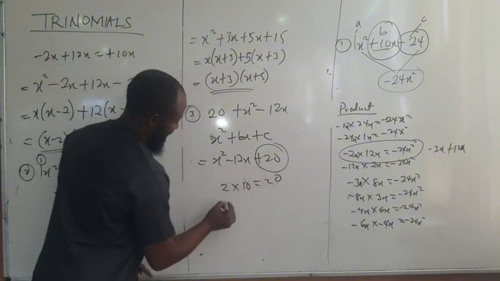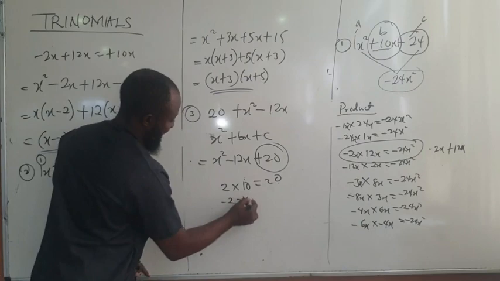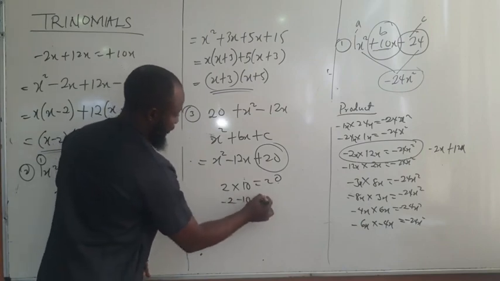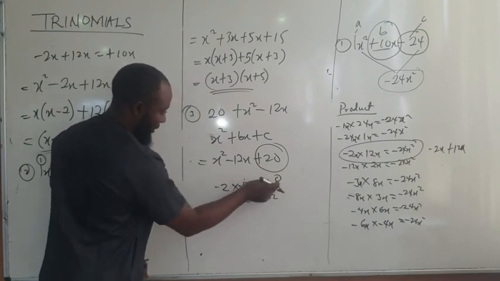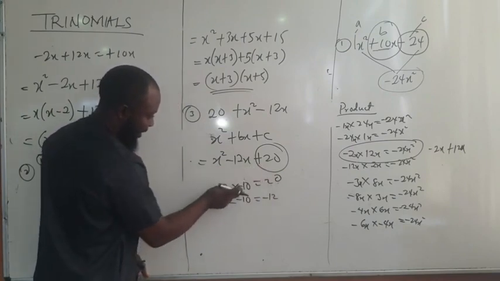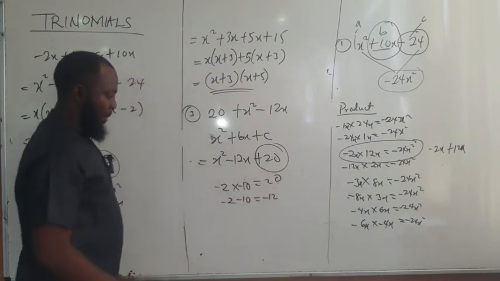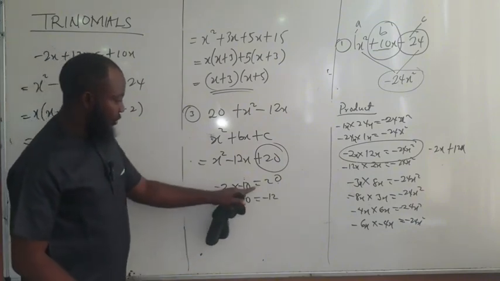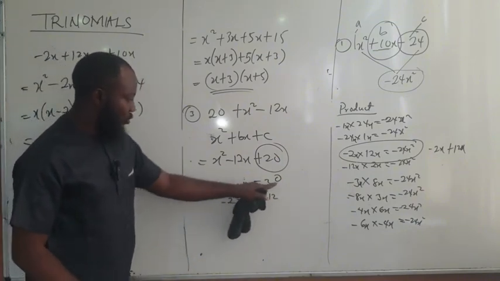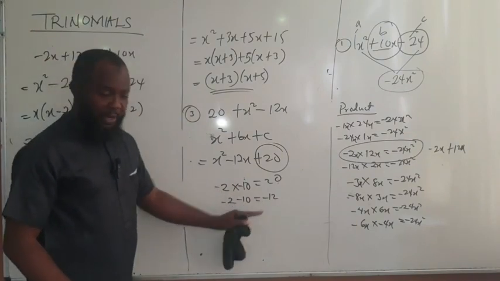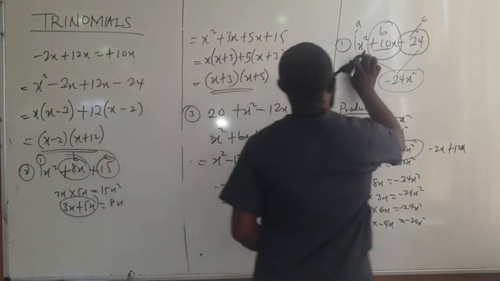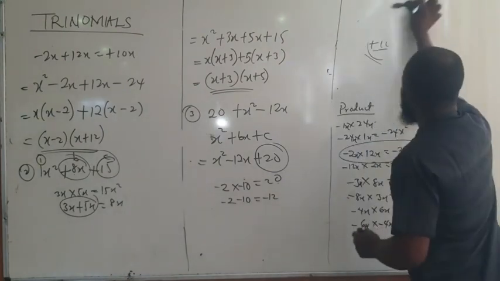Alright? So that means minus 2 minus 10. Minus 2 minus 10 will give us what? Minus 12. If you put minus the minus, it should still give you what? Minus plus 20. But minus times minus gives what? 20. I hope I'm making sense. Minus times minus gives what? Plus. 2 times 10, 20. Then if you now pick minus 2 minus 10, it will give you minus what? Minus 12. So in that case, we are going to use